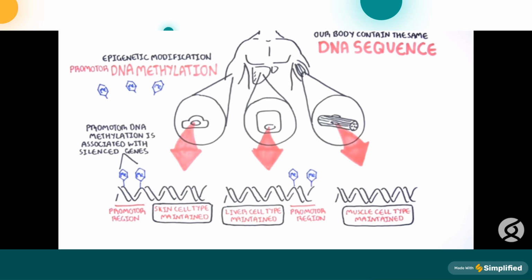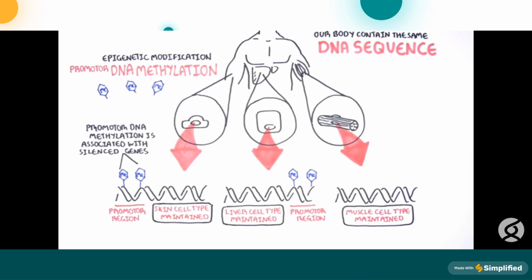In this process, a human cell consists of bone cell, liver cell, or muscle cell. The skin cell, for example, involves some promoters and the whole DNA region. Liver cell has the promoter region, muscle cell has the promoter region. Now the question is: the DNA sequence is the same for all cells, then why does a skin cell express a different genome than a liver cell, and liver cells express a different genome than muscle cells?